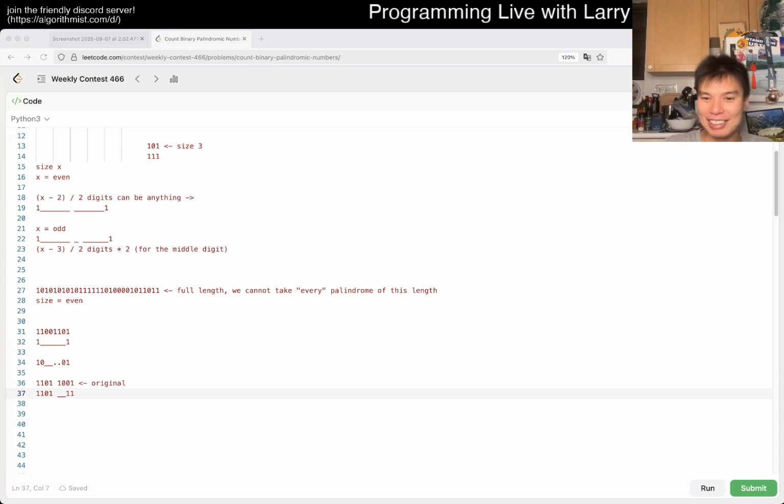Tells you how hard these are sometimes that I don't even remember how my logic worked from yesterday or this morning. But that's kind of the core part of the idea, is trying to squeeze these numbers in a way. And maybe my case analysis is really bad on the explanation, my apology. And we'll go over the actual code and it'll be more clear. But the idea here is that, as a result,